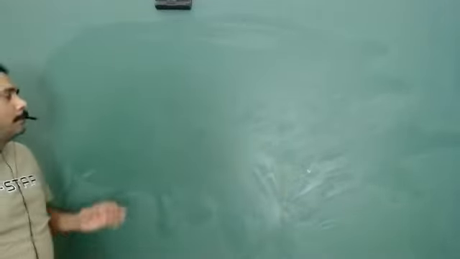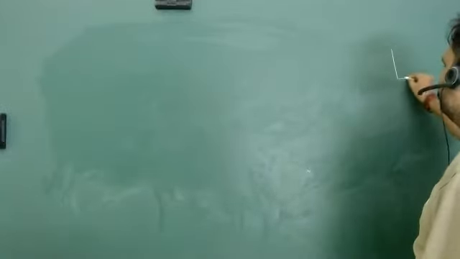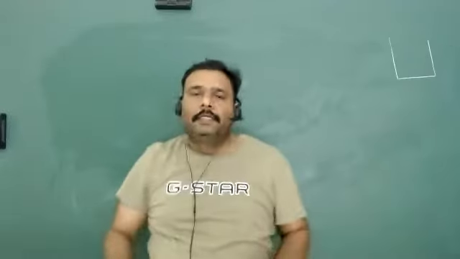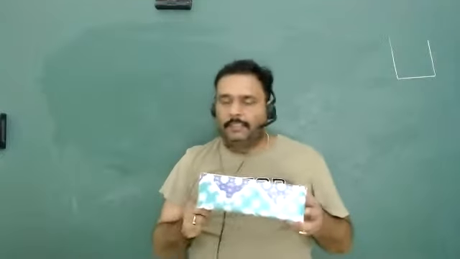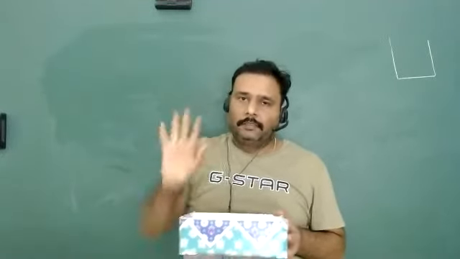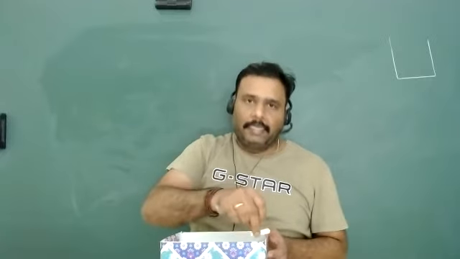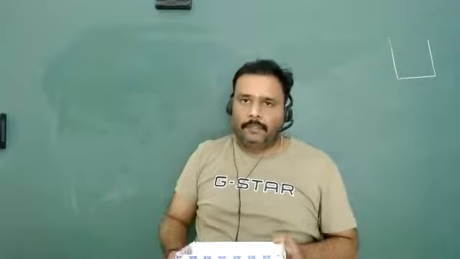So now, what is the problem? This problem is very interesting, so I will start from here. There is a one-dimensional box. First, I will tell you the meaning of a one-dimensional box. Suppose this is a room, and suppose this is a box. This is a three-dimensional box. You can put a particle inside this box, and the particle can move along the x-axis, y-axis and z-axis.